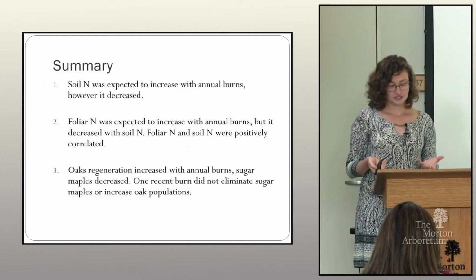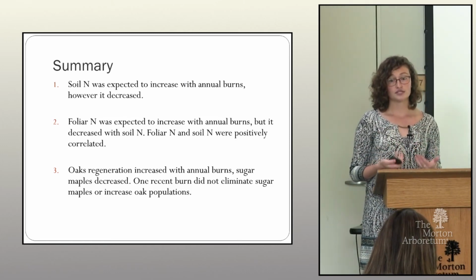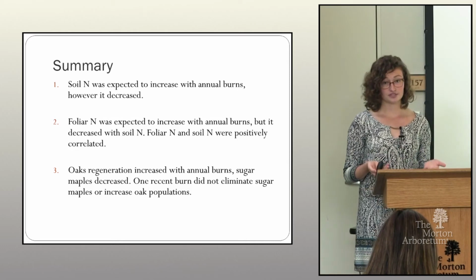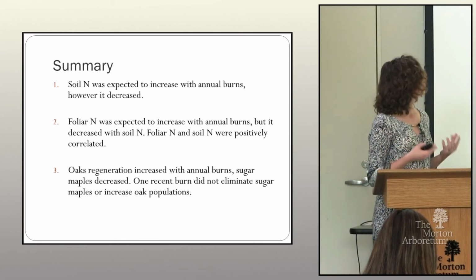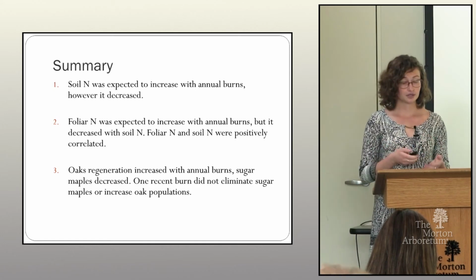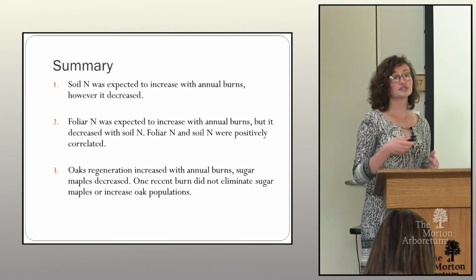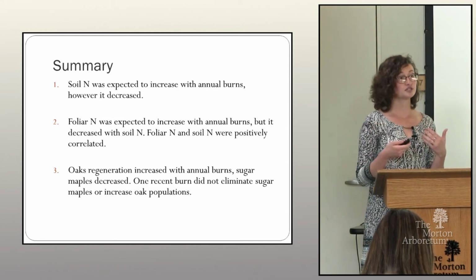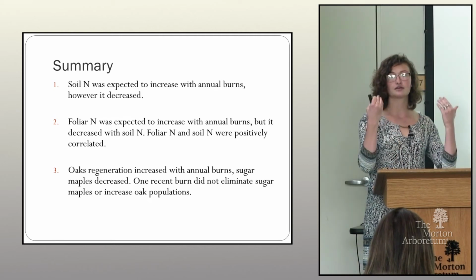So overall, what did I find? We expected that areas that were burned annually would increase in nitrogen. However, this was exactly the opposite of what we found. Areas that were burned annually had the lowest amounts of nitrogen compared to the other burn treatments. And this decrease in soil nitrogen also translated to a decrease in foliar nitrogen. So we are seeing that full loop in the nitrogen cycle where the soils are truly affecting the amount of